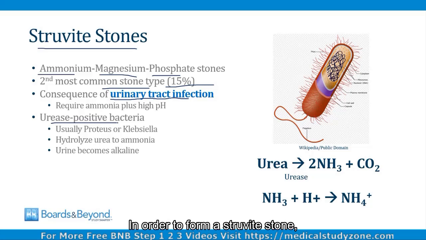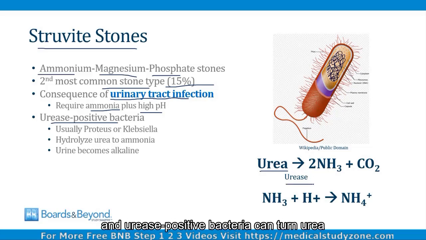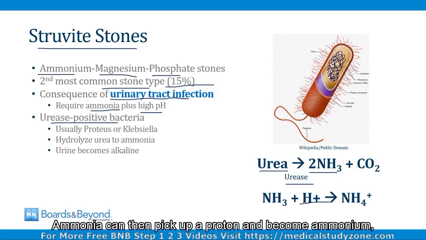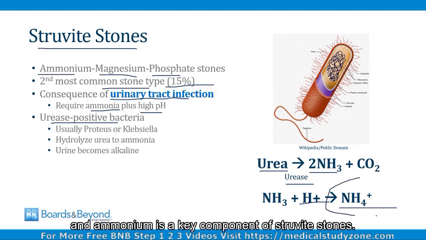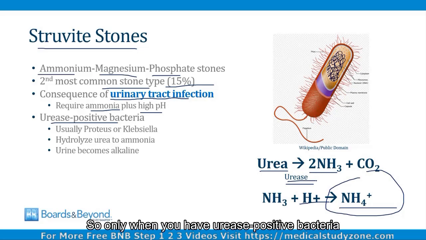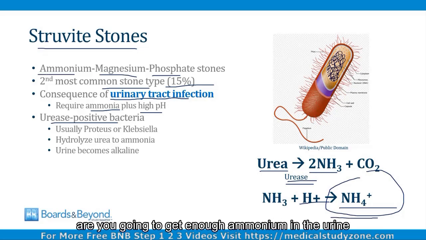In order to form a struvite stone, you need to have excess ammonia in the urine plus a high pH. Let's look at the bottom right side of the screen. So urea is always found in urine, and urease positive bacteria can turn urea into ammonia and carbon dioxide. Ammonia can then pick up a proton and become ammonium, and ammonium is a key component of struvite stones. So only when you have urease positive bacteria are you going to get enough ammonium in the urine to form